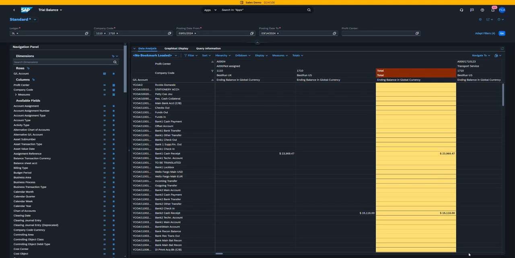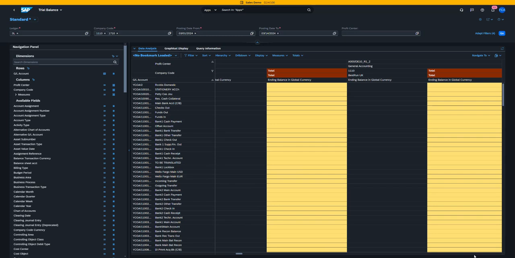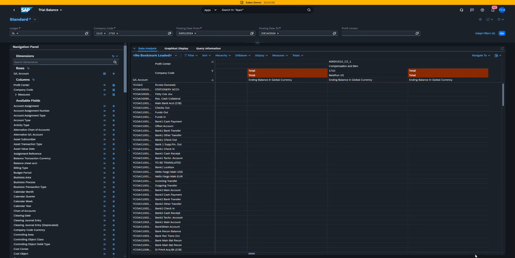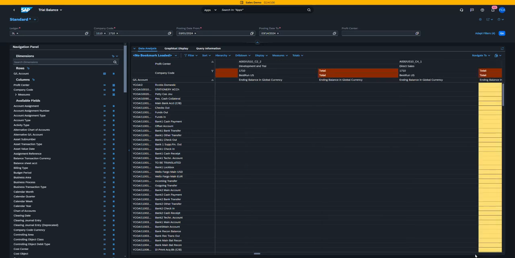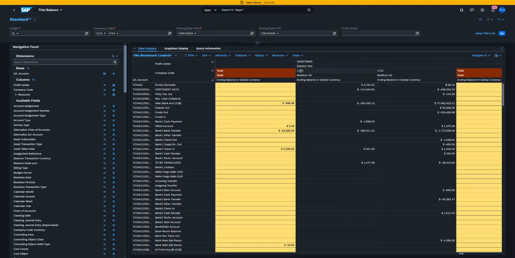That's a very powerful feature, because in case you do have different companies that have similar lines of business, you can now run simple financial consolidation or comparatives of a profit center inside different companies. And so what that means is, by simply taking out the company code, so if we remove that from the columns,